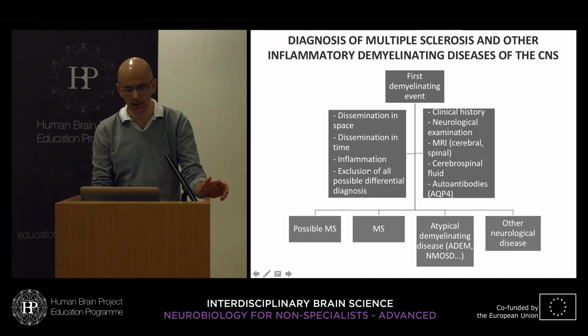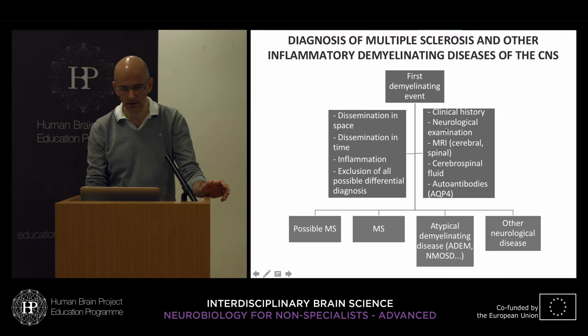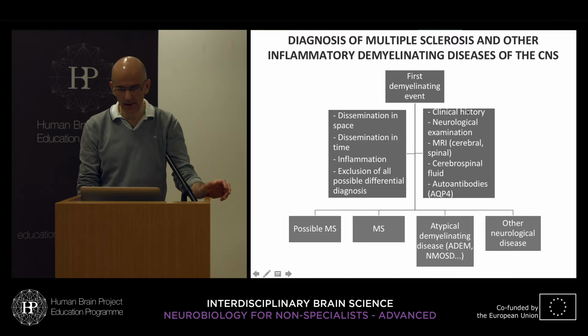Inflammation and of course the exclusion of all possible differential diagnoses, and for multiple sclerosis these are more than 100. This is done mainly by the neurologist, by the clinical history of the patient, by careful neurological examination, by magnetic resonance imaging, cerebral and spinal, which is able to detect specific MS lesions, by cerebrospinal fluid investigation, at least in Europe. And finally, also autoantibodies are used for the differential diagnosis of the disease,